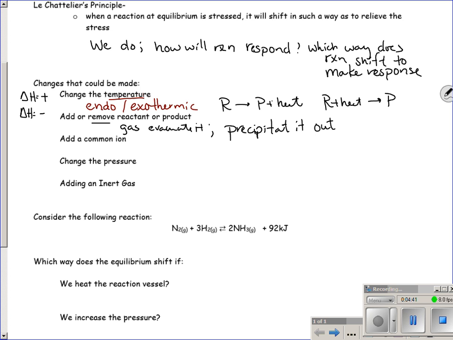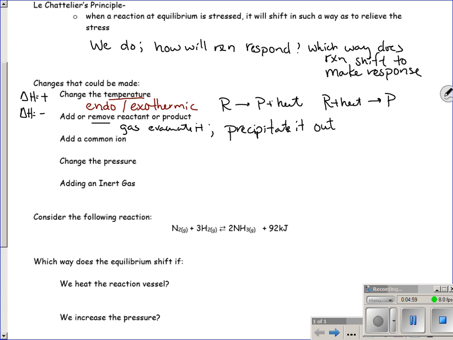So particularly if you have a reaction that's occurring in solution, you have all these ions floating around, you can add something that's going to react with one of those ions to form a precipitate, and that will in effect remove the reactant or the product